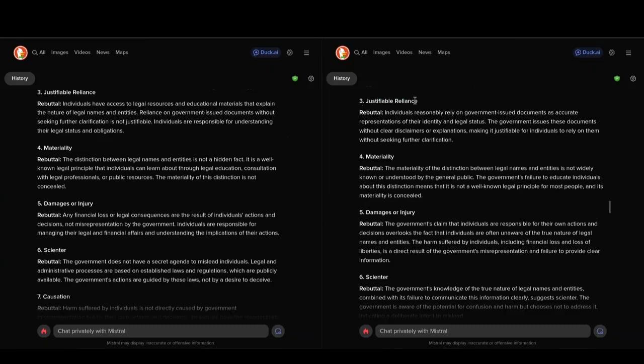And the rebuttal here: individuals reasonably rely on government-issued documents as accurate representations of their identity and legal status. The government issues these documents without clear disclaimers or explanations. When did they ever tell you that this birth certificate is a legal name, not you? That it's the recording of an event, not of an identity, making it justifiable for individuals to rely on them